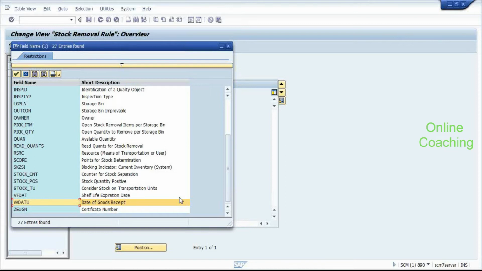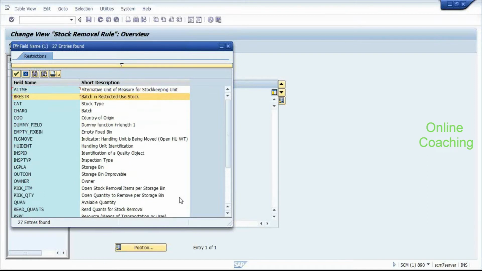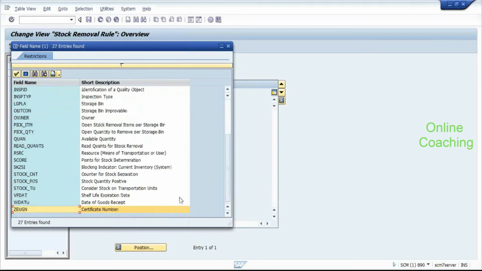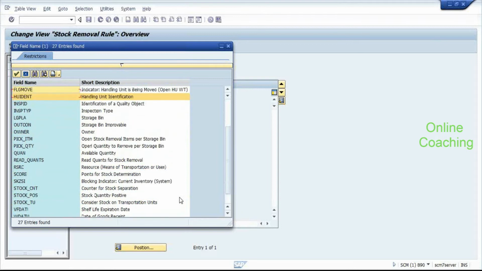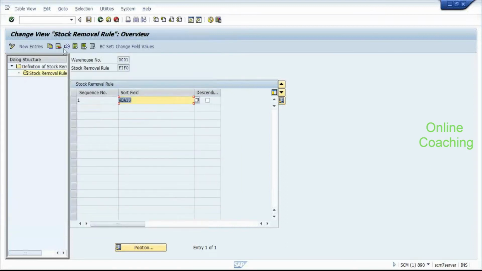then in that case I will do it based off the goods receipt. Likewise, I can use different rules based on which I can assign this. There might be cases when I want to do it at the batch level. I will say, okay, forget the goods receipt, I probably want to have just a